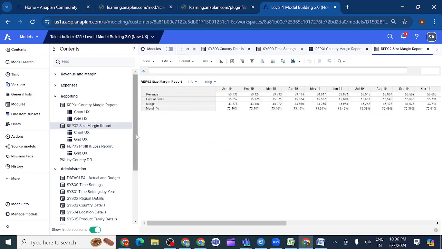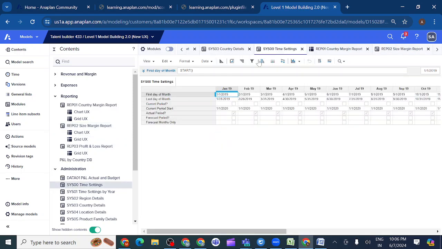Generally we create some line items in system modules. Wherever we require, we apply those line items across the entire model for filtering and for mapping. We will discuss later how mapping and filtering are done.